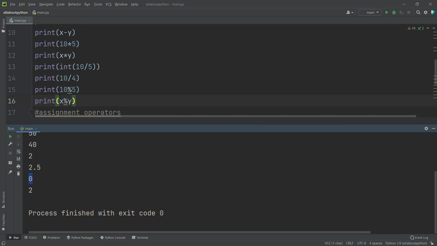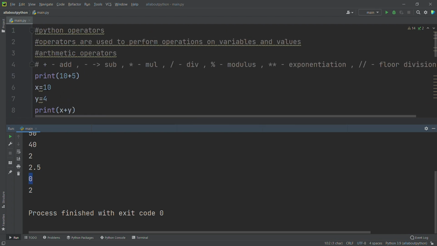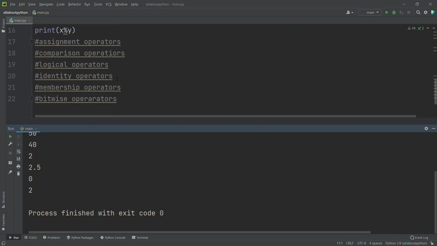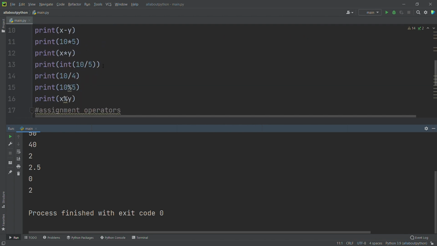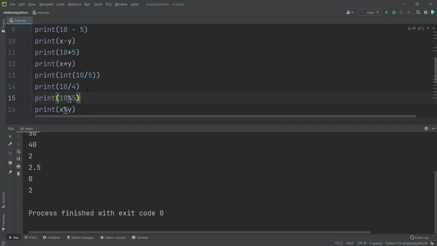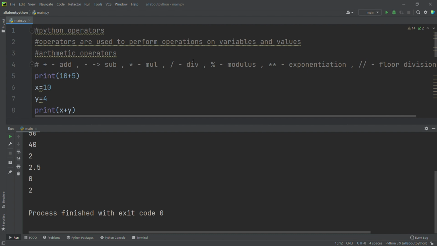For x and y, I had given 10 and 4. 4 twos are 8, and 10 minus 8 is 2, so it's printing the remainder 2. When we work with the modulus operator, we get the remainder as the result. That's the main difference between the division operator and the modulus operator.